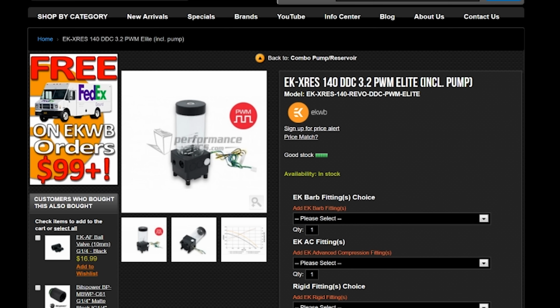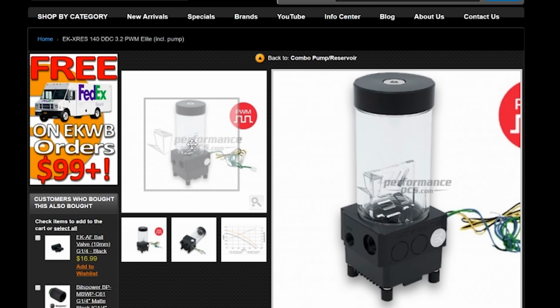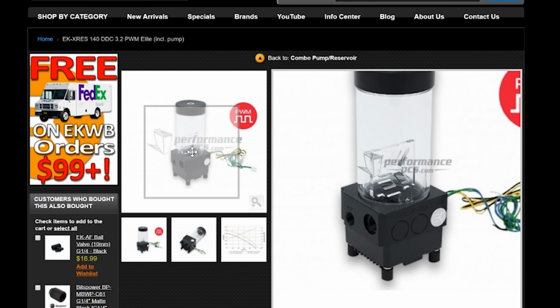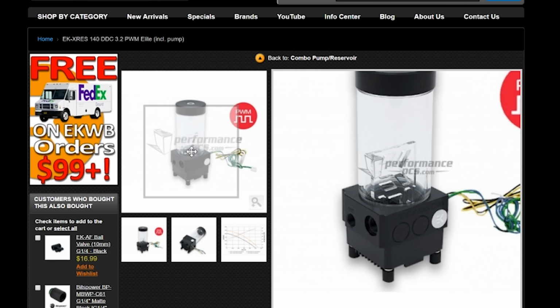Here's the pump res combo I was considering. It's the EK X-Res 140 DDC 3.2 PWM Elite. And it's a tried and true option. There's definitely higher end pumps to be had from EK, such as their D5 series, but I believe those pumps are also thicker at their base. This is a very slim profile, and that's one of the reasons why it's tentatively on this list,